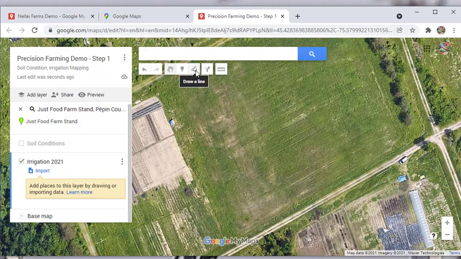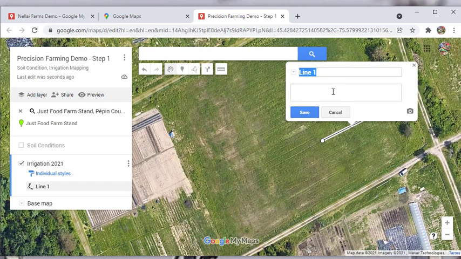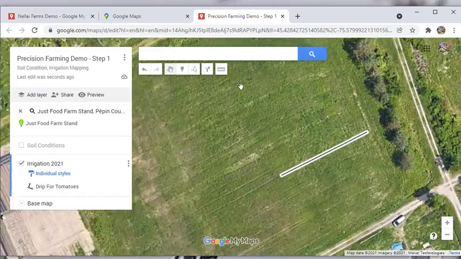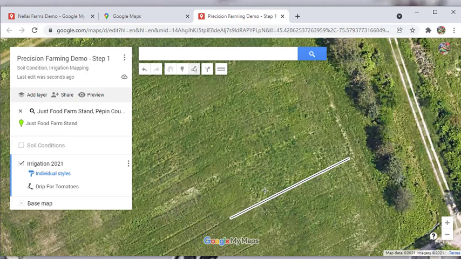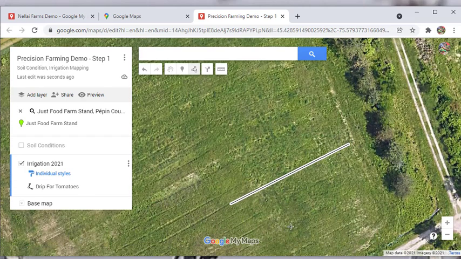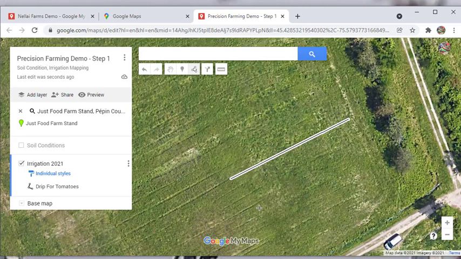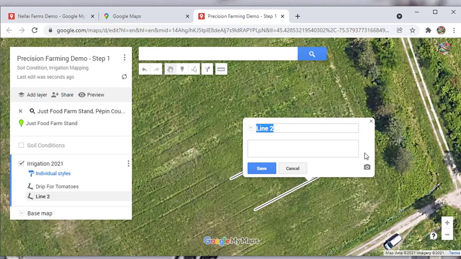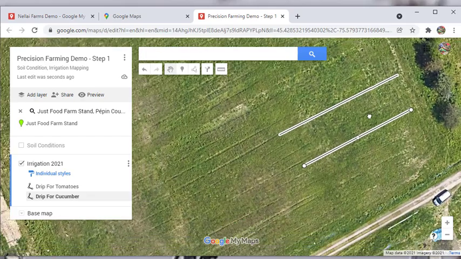And I'm going to add a line to represent my drip irrigation. So these are my drip irrigation lines.